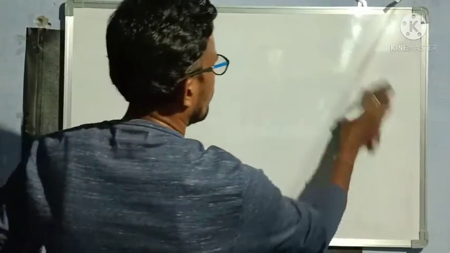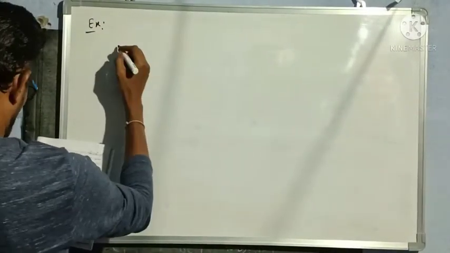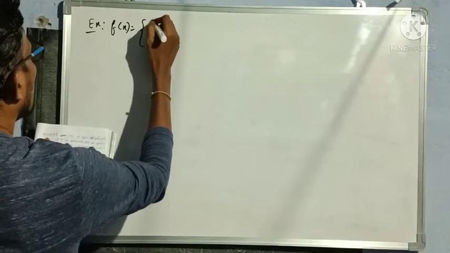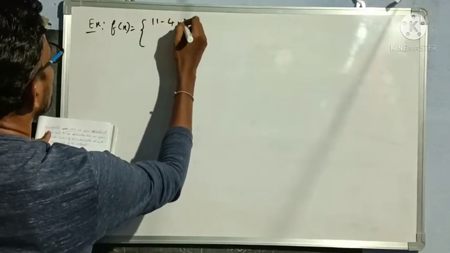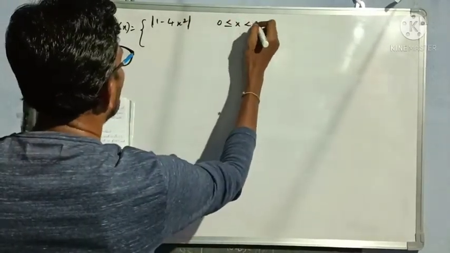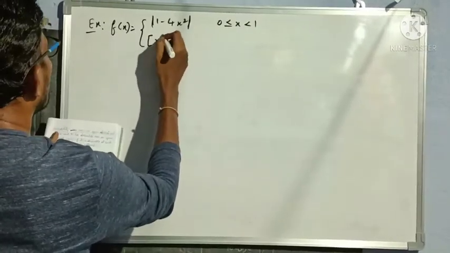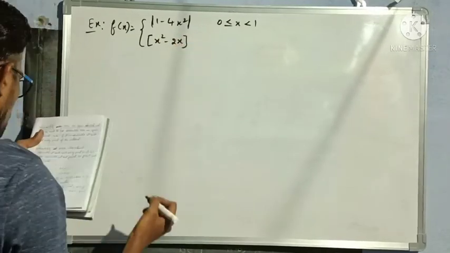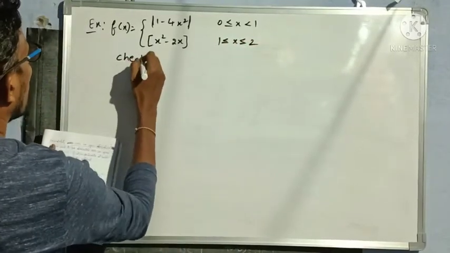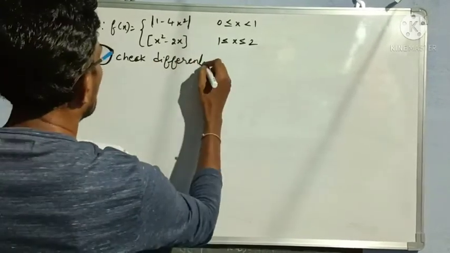Example: f of x is equal to modulus of 1 minus 4x square in the interval 0 less than or equal to x less than 1, and the box of x square minus 2x, like this box is given, for 1 less than or equal to x less than or equal to 2. Check differentiability